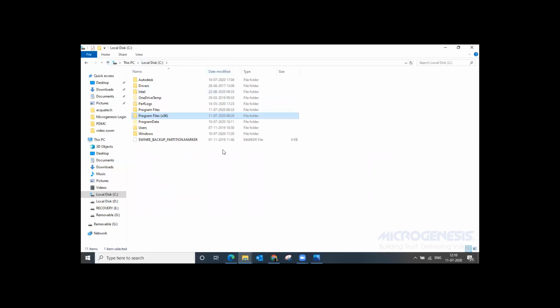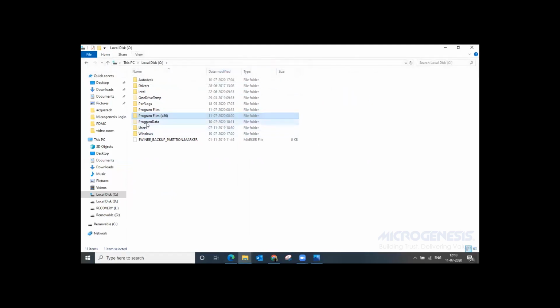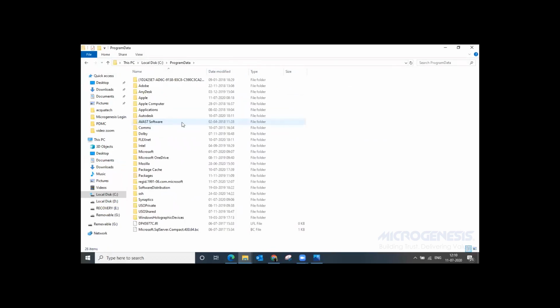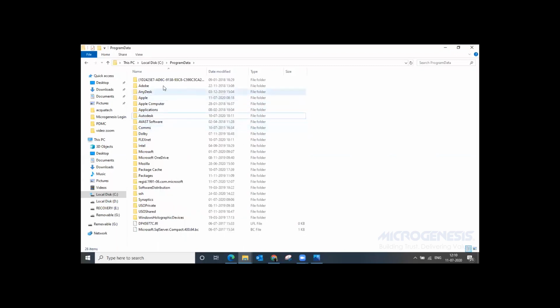Then after that, sometimes some files are not visible, that is the hidden files. So we need to check whether the hidden files option is checked or unchecked. Then after that, we need to go to program data. In program data, we need to check for the Autodesk related folder and delete it.